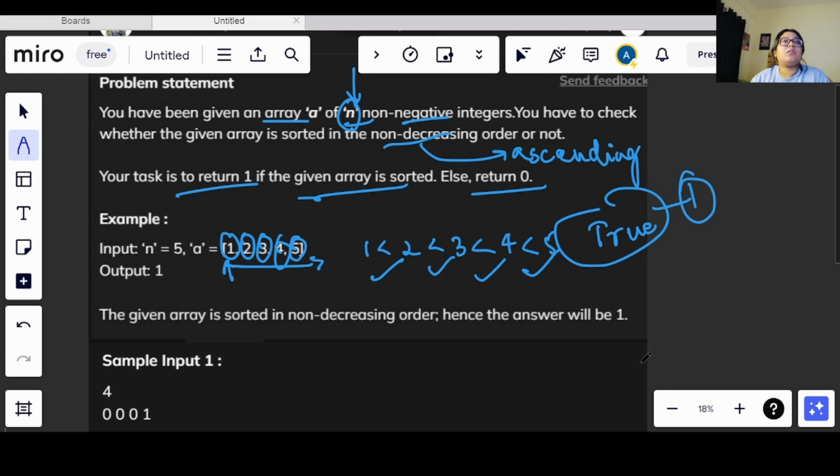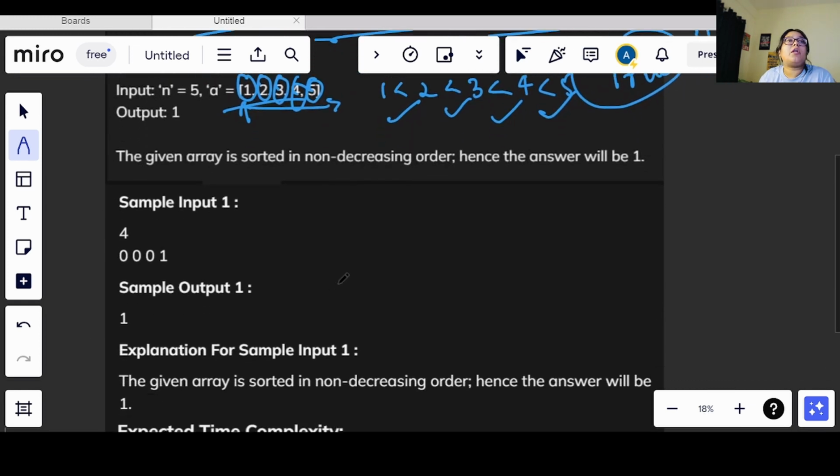So here we have an example of the non-decreasing order. Now let's see one more example. Here we have 0 0 0 and 1. This is also a sorted array, because although the values are equal, the 1 that is coming is larger than the rest of the values, and it is at the end of the array.